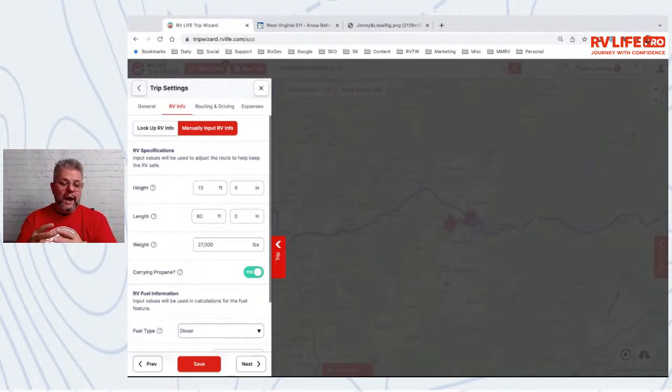In the case of weight, however, it is a cause and effect, or it is a combined weight that makes a difference on a bridge. But I could see easily on a fifth wheel like this, travel trailer combination, or even a motorhome and trailer combination, that length would affect where I may or may not be able to make those kinds of sharp turns. And so I think I've come over to that side of putting the total length in,